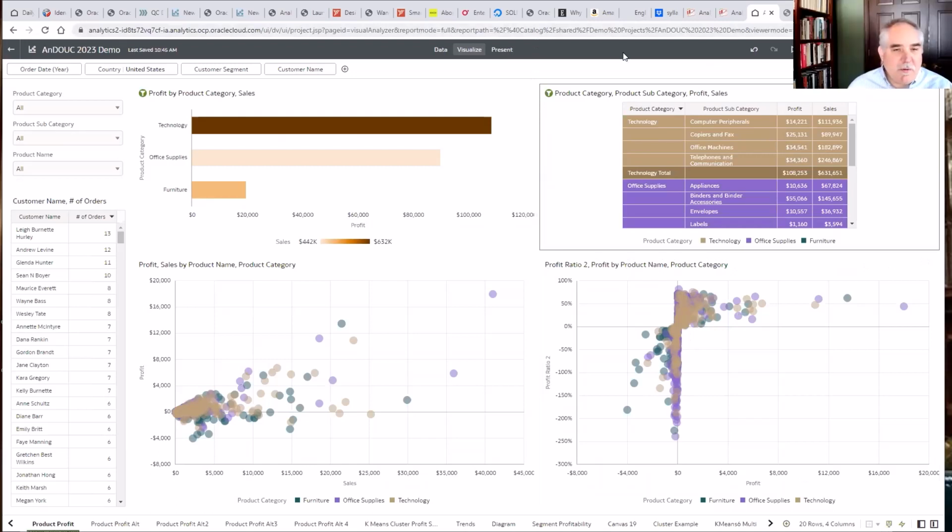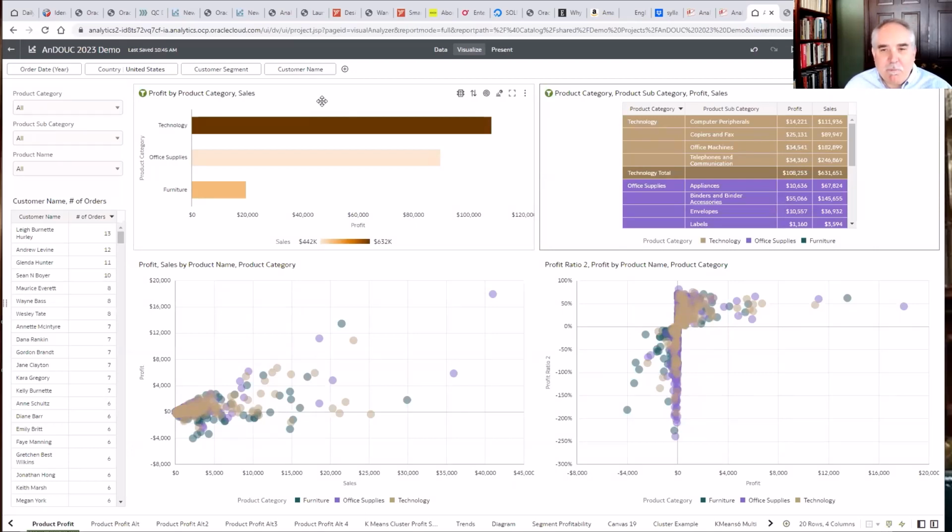Yeah. So this is an example of a dashboard that we've created, as this is actually just one piece of it. We have a lot of different tabs on here, but what we're looking at is a company that has products in three different categories: technology, office supplies, and furniture. And in particular, we want to look at profitability. So what we're diving into here is which of these product categories and which of these products are contributing significantly to the profit or the bottom line of the firm.